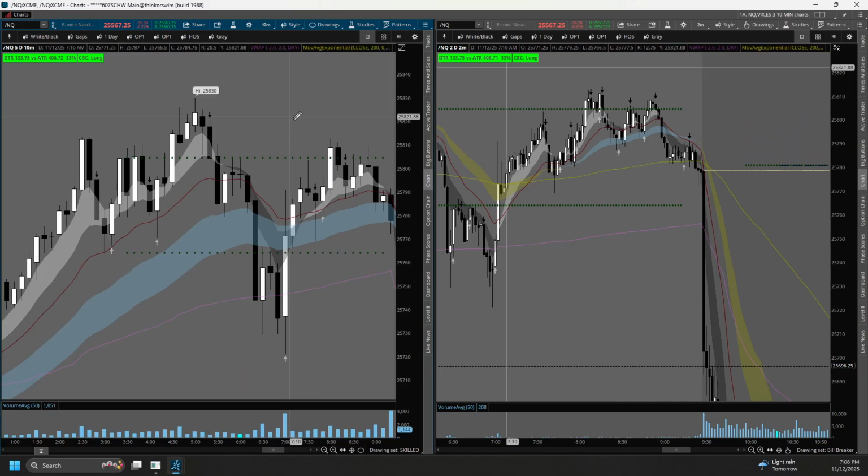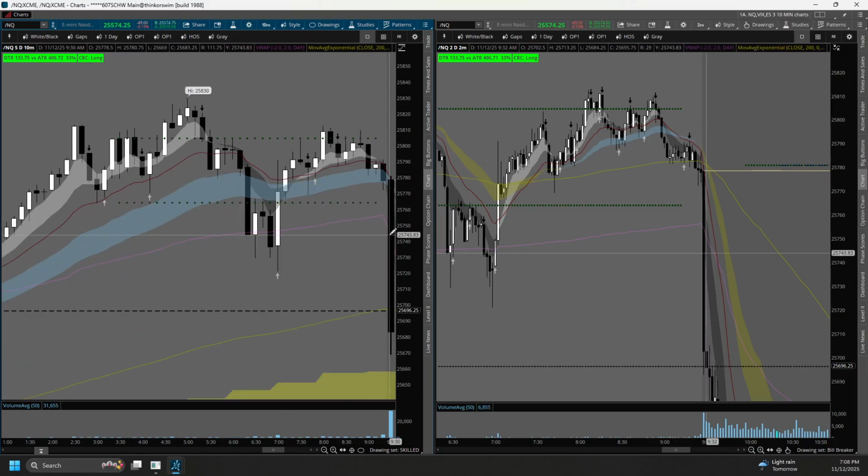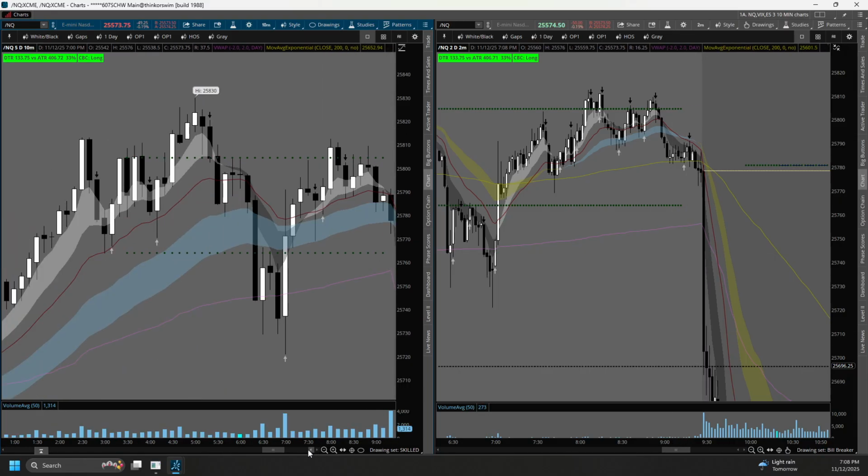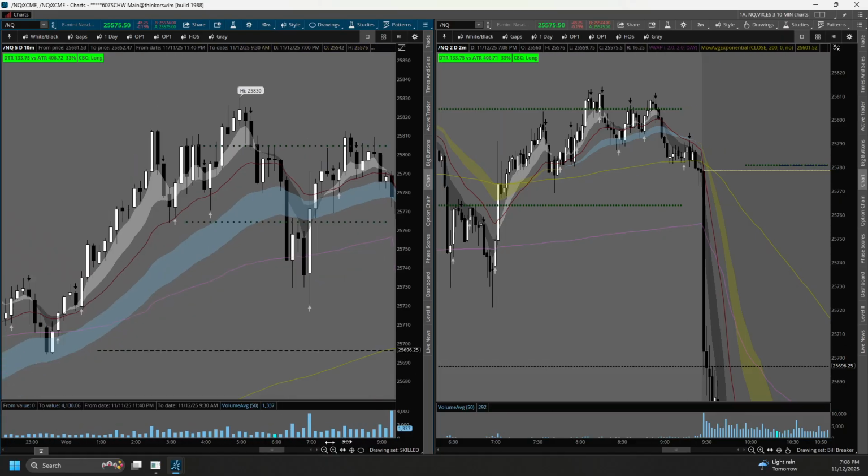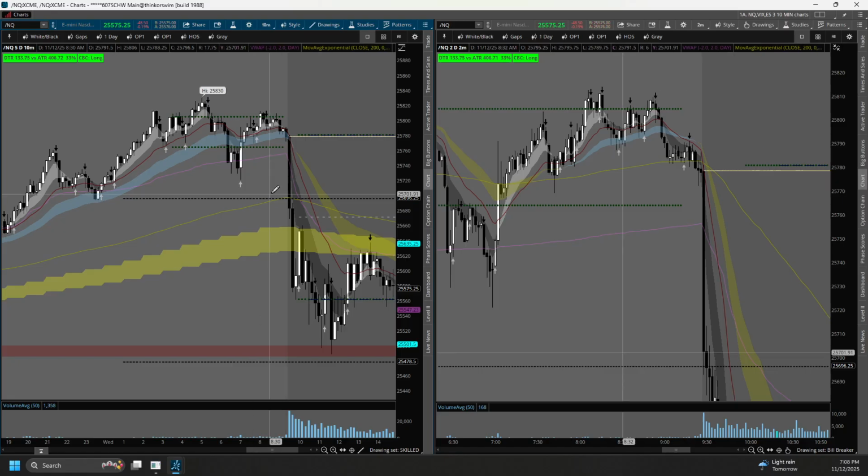So before we even get this move down, right at the open, which is an insanely large candle, right? 111 points. On that was 111 points, and what was the whole entire day? The whole entire day was 341. So you got a third of the entire day's move on the first candle, and then another third on the second candle. So 2/3 of the entire day's move were the first 20 minutes.